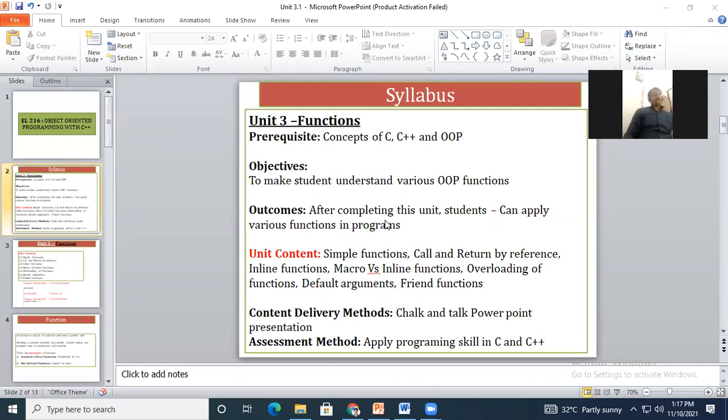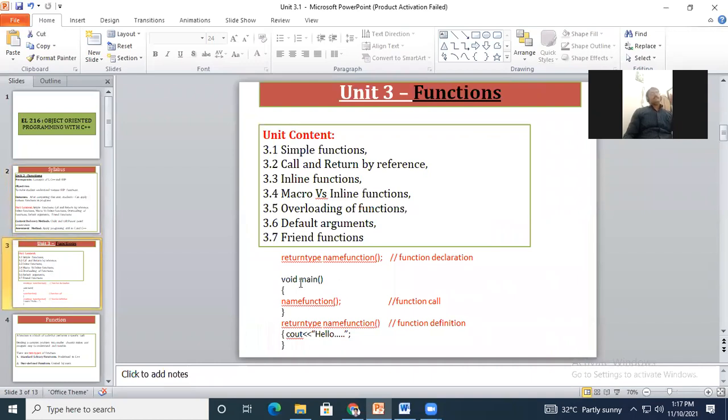First, non-return without arguments. This is the first category. Second, return but without arguments. These are the 2 categories. Now the third one, I will tell first: not return but arguments, not return without arguments. So these 2 categories are there. Third, return without argument and return with arguments. Okay, so function has these 4 different types.